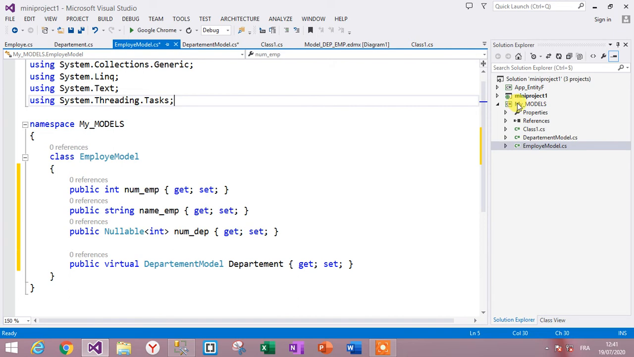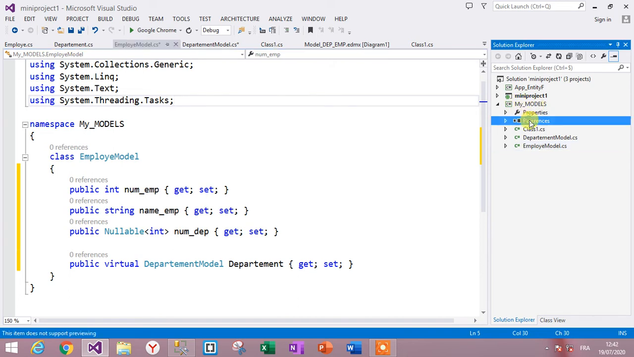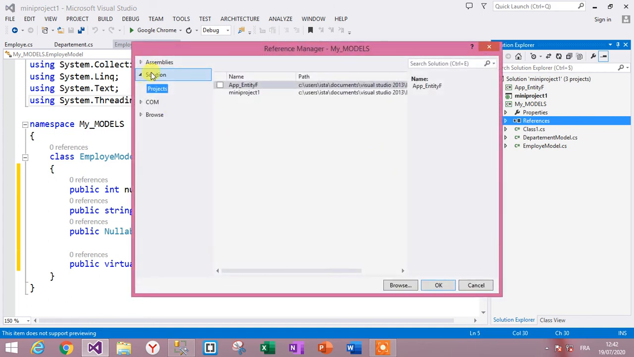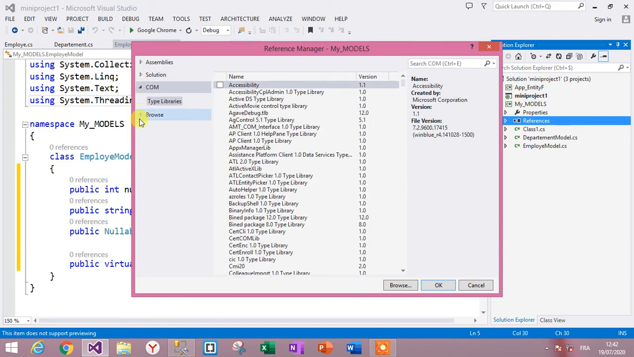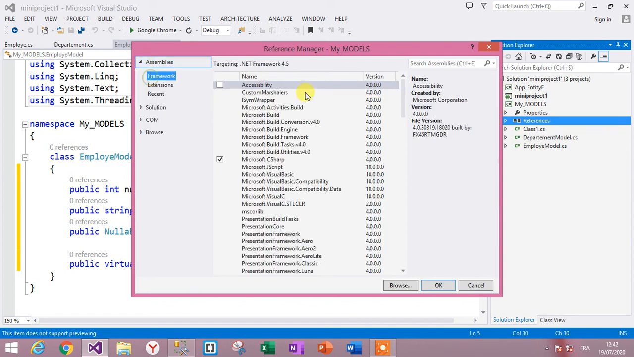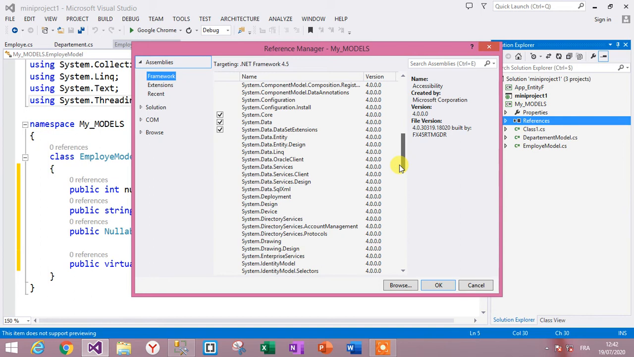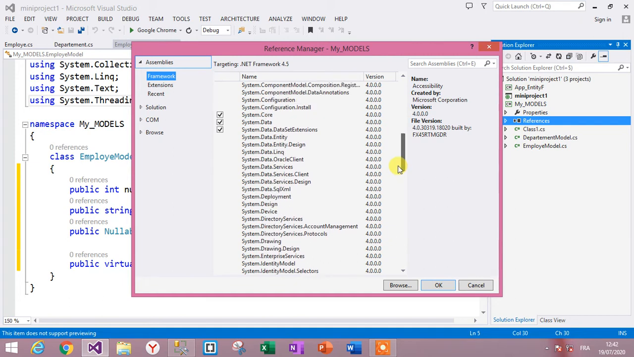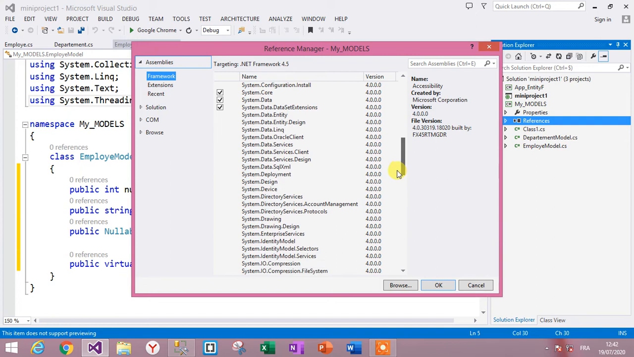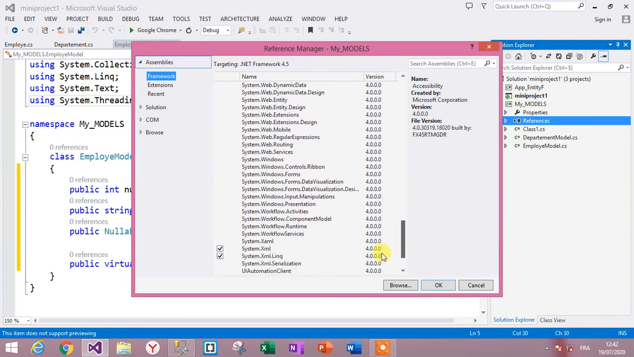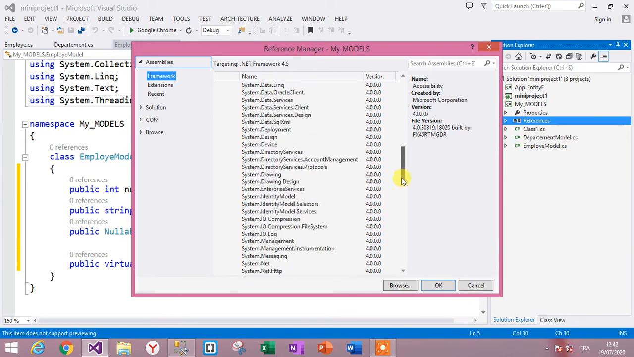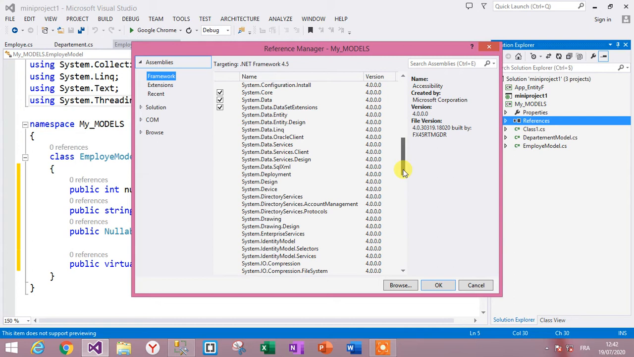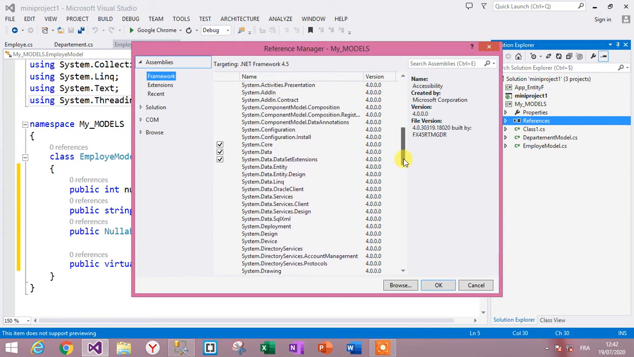So try to add, in my models, go to the reference, right click on the reference, add reference and go to framework, and choose System.ComponentModel.DataAnnotations. Check this checkbox, okay,